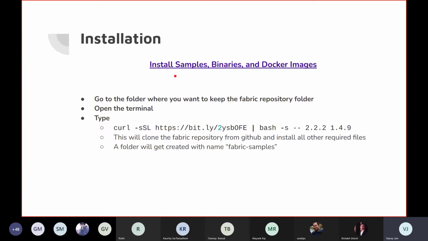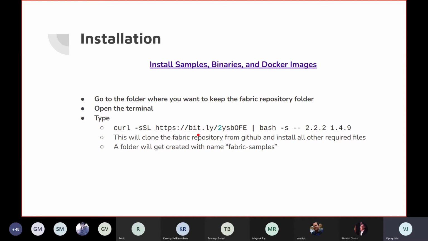After that, we come to the installation part. Once you have completed the prerequisite steps, we will start the installation of Hyperledger. First of all, go to a folder and open a terminal. After you open a terminal, run this command.